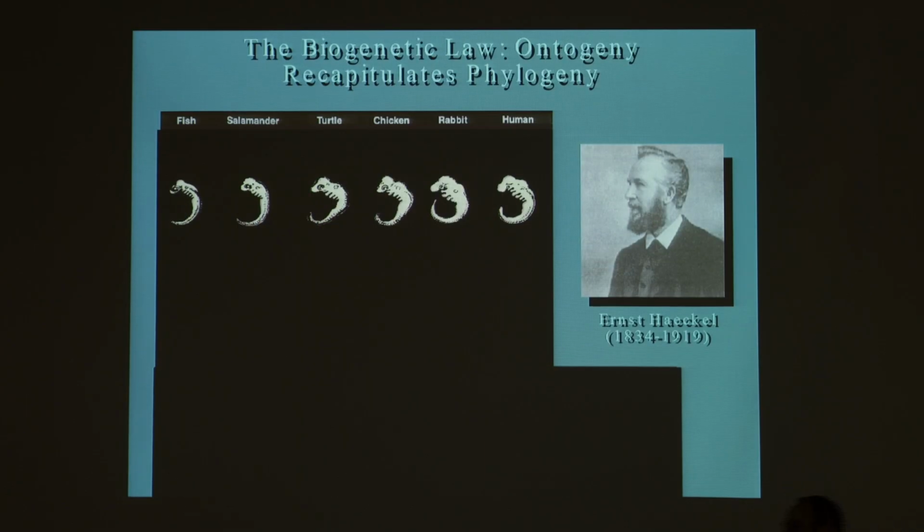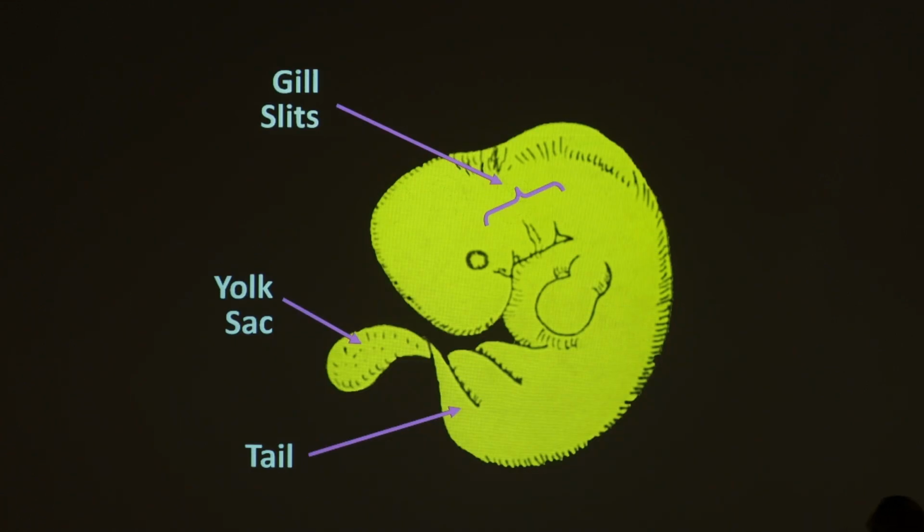Ernest Haeckel, in the late 1800s, came up with what he called the biogenetic law of ontogeny recapitulates phylogeny. And what he's basically saying there is he made these drawings of these embryos of these different creatures, and he said, look at the similarities of these embryos. And especially mankind. Mankind is reproducing our evolutionary stages within the womb, that we all start out looking like a fish who we came from, and then in the womb we are eventually reproducing our evolutionary stages. And he even took the human embryo and he gave titles such as this. Look, it has gill slits, it has a yolk sac, it has a tail.